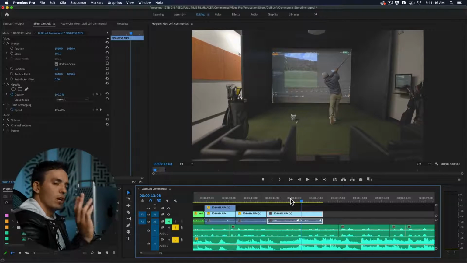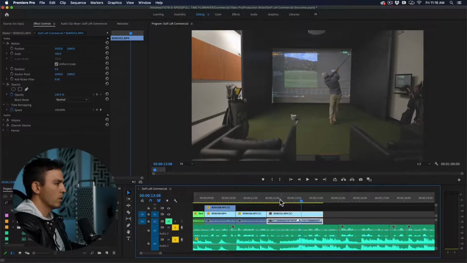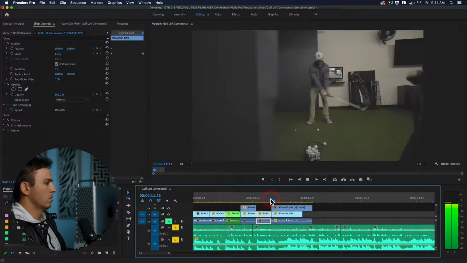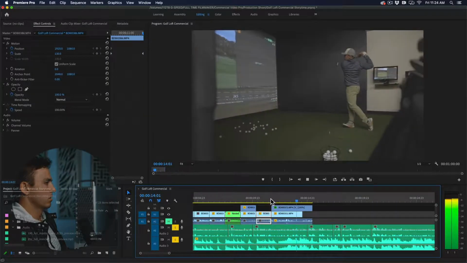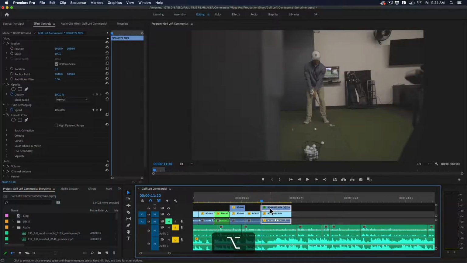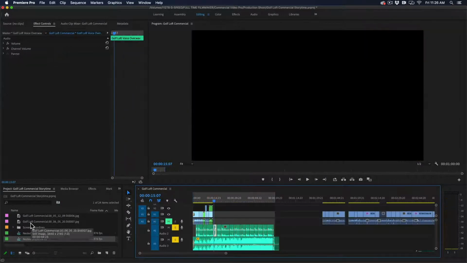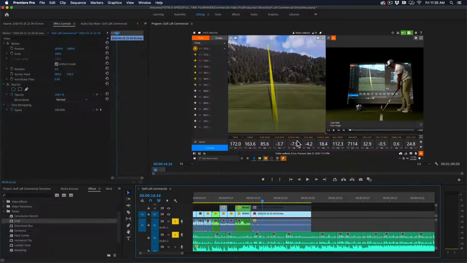I have tons of shots of him swinging. I may use a different one here. All right, so we found another clip that we might like better. Technology for incredibly accurate club and ball data, such as could also do a similar zoom here for incredibly accurate club and ball data. And for the sake of time, we'll fast forward through building out the rest of the